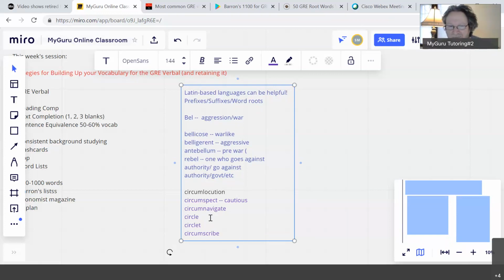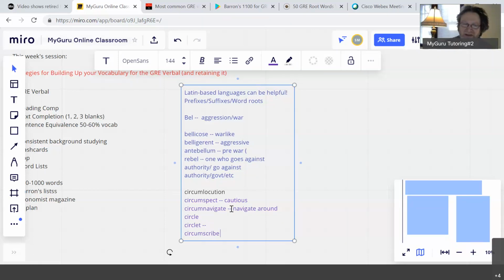Again, it's a Latin one. So here, circumnavigate. Think about Magellan, for example, or somebody circumnavigating the globe, to go around whatever. To navigate around. Circlet is basically a piece of jewelry, an accessory that you could wear that looks like a circle. Circumscribe: scribe has to do with writing. To basically write around something,